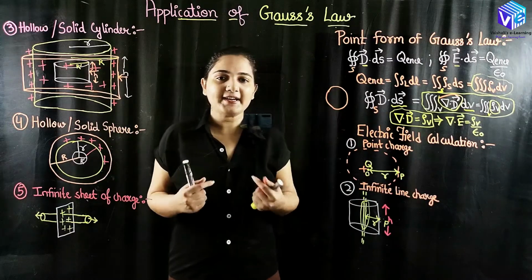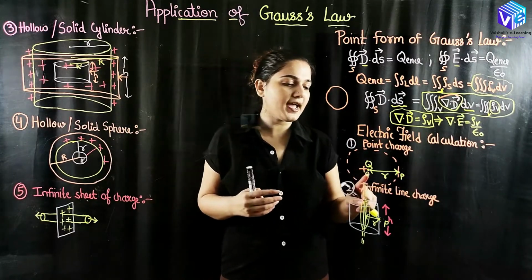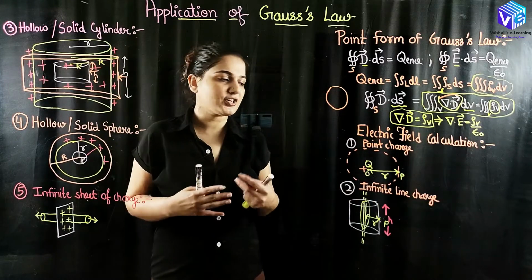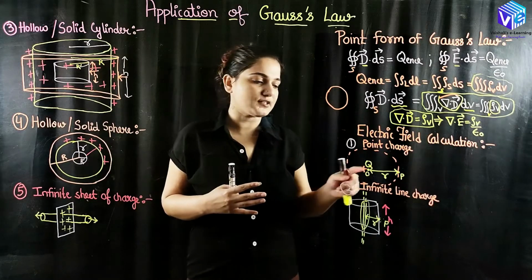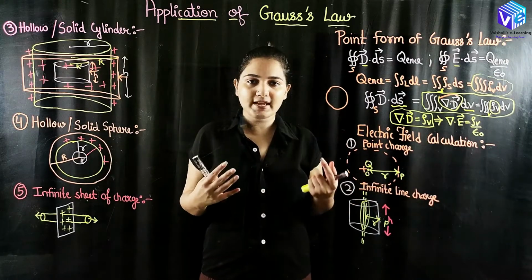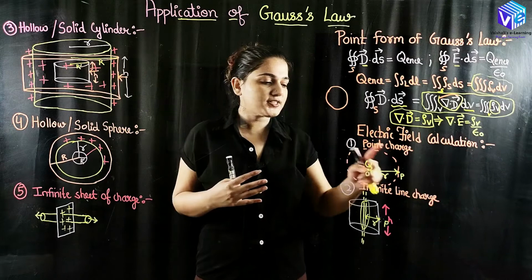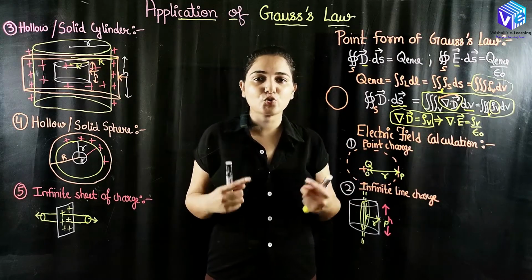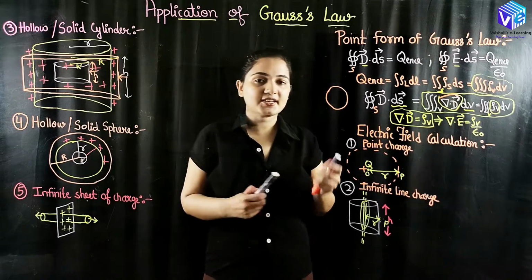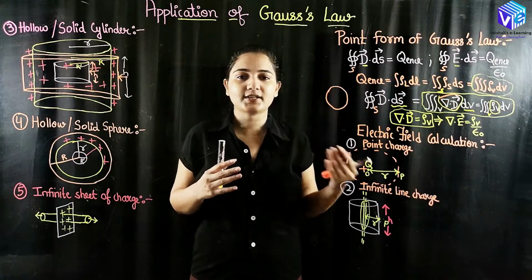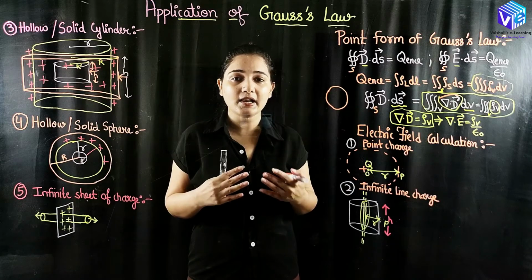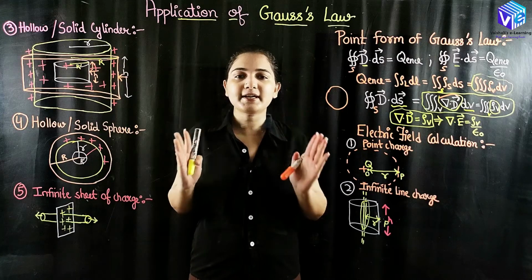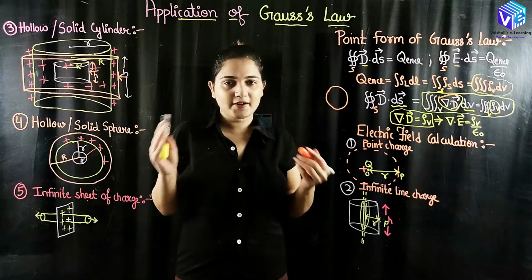Now coming to the calculations. How can I find out the electric field intensity? Here I have taken my point charge, and now I have to find out the electric field intensity with the help of Gauss's law. First of all I have to make the Gauss's surface. The closed surface I have made here will be a spherical surface. I have to choose a symmetrical surface such that at all the points the electric field makes the same angle with the surface vector, otherwise it will cause symmetry problems. I will tell you how.